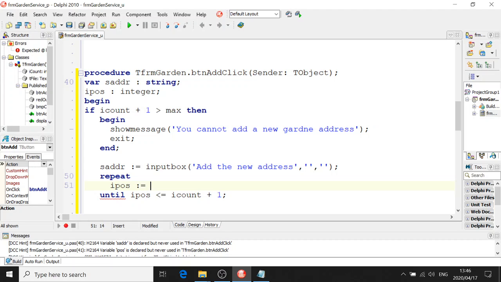If we have 8 addresses, we don't want to have the new position at number 10. It has to be at number 9 maximum. So I think that would help there. So our pos equals string to int input. We have to have 2 input boxes here, unfortunately. Enter